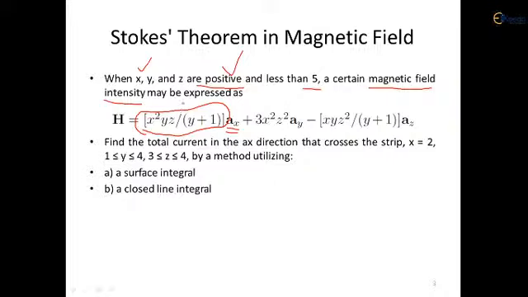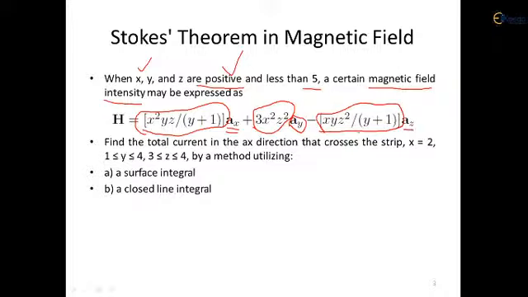While you substitute the values of x, y, z here, you will get a real value, that will be the distance covered by this particular vector from the origin along the positive x direction. Similarly, we can see for the second term in the middle, where we have the coefficient 3x²z², multiplied by a_y here. So a_y is the unit vector directed along the positive direction of the Y axis, whereas we have the coefficient for the third term,